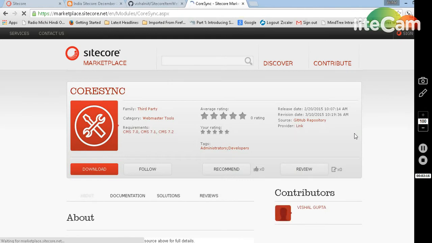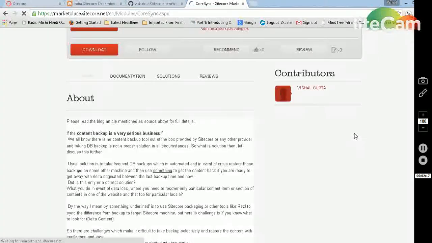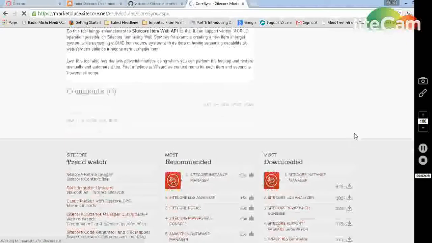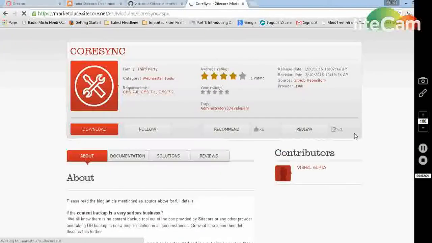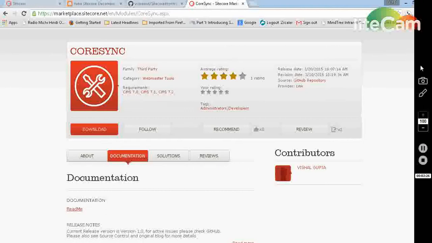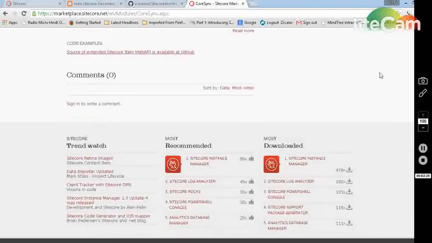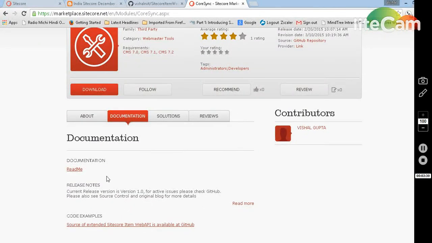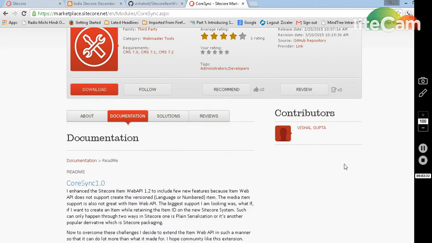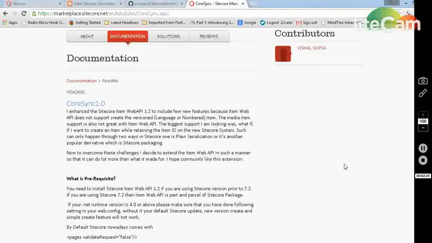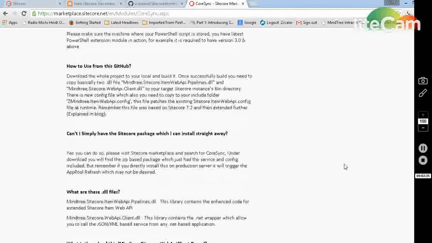Yep, so as you can see, this tool is there. The business use is the same as in the blog. You can also find a small documentation on how to install it, and the current version, which reads as 1.0.